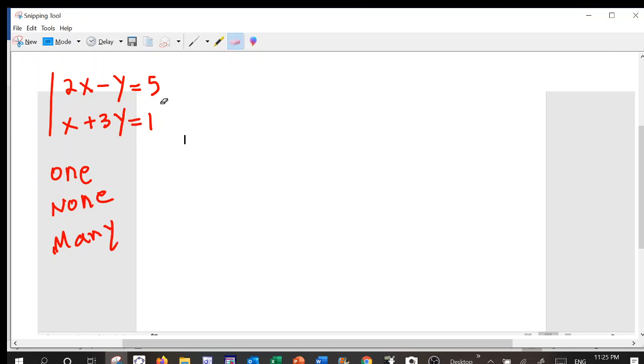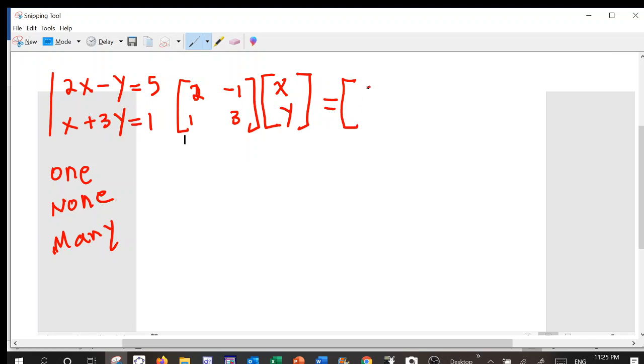So how do we solve these? There's three ways to do it. First of all, we write it as a matrix: 2, -1, 1, 3, multiplied by x, y, equals 5, 1. There are three ways to do this. One way is using Gaussian elimination, which says to create an augmented matrix like that,